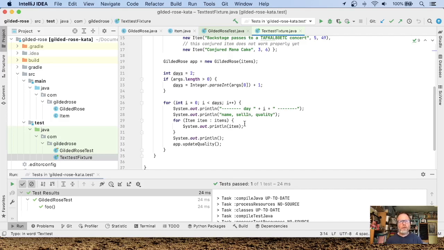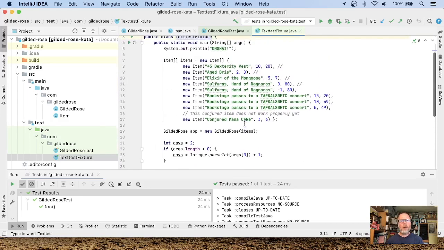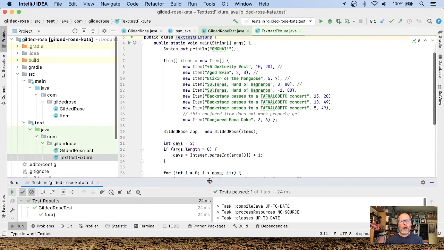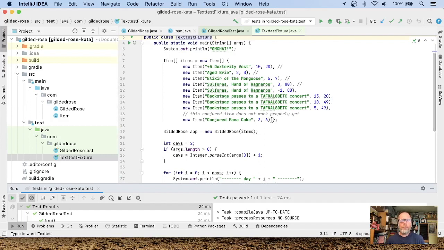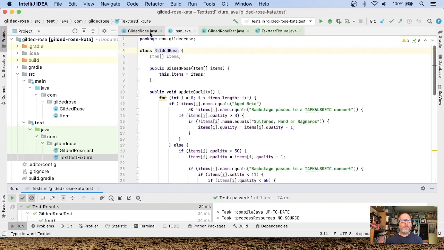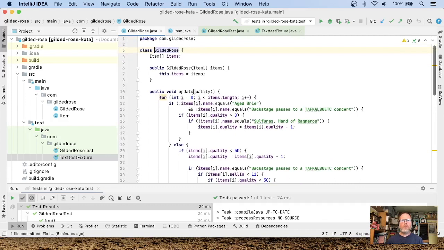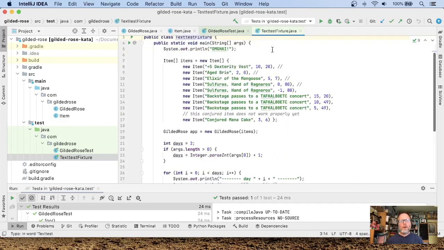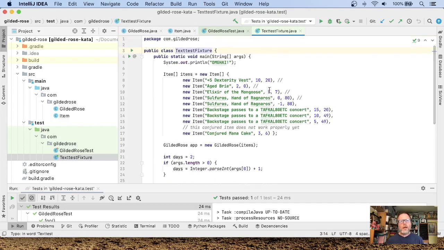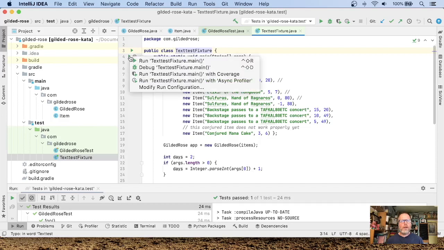So the premise here is that we have a number of items in our stock, and those degrade over time in some sort of way, in different ways for different items. Those different ways are expressed in this horrible piece of code here in updateQuality. So we'd like to know that we're not going to break the code as we refactor it, but this is just a main. We can run it,